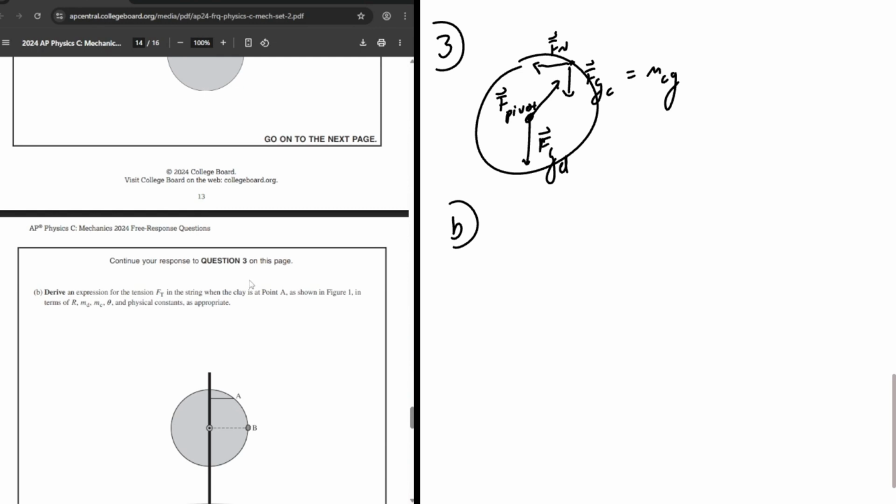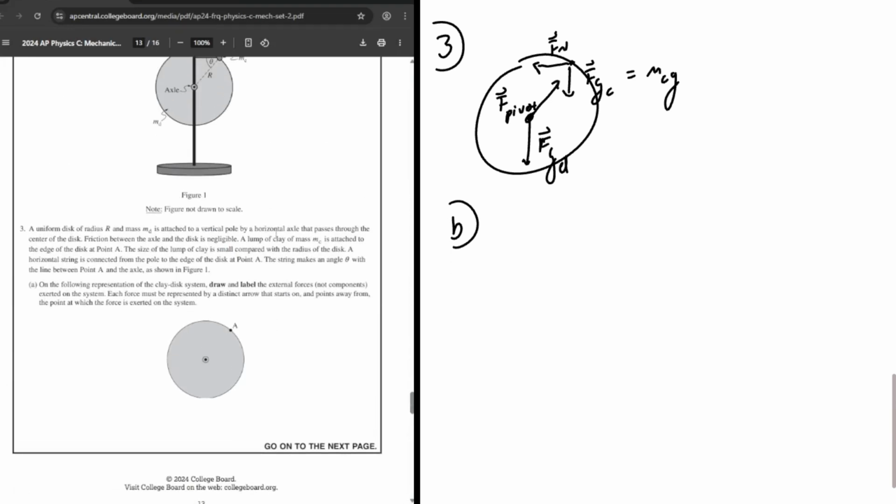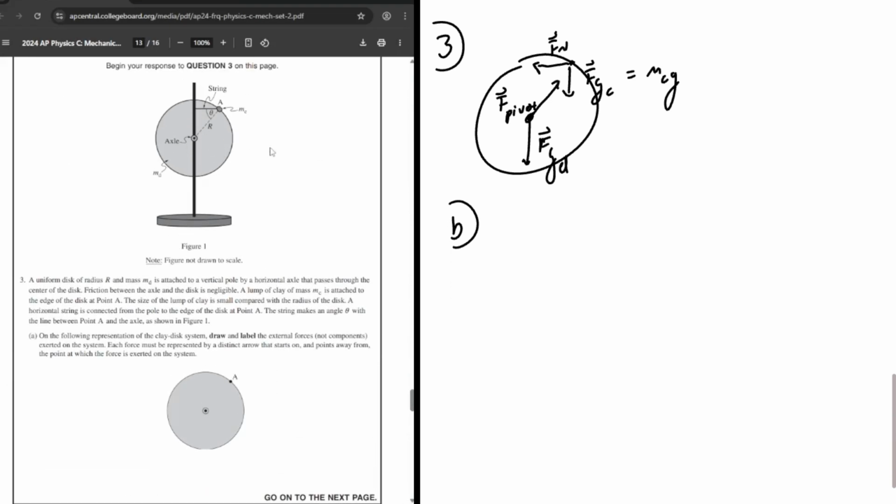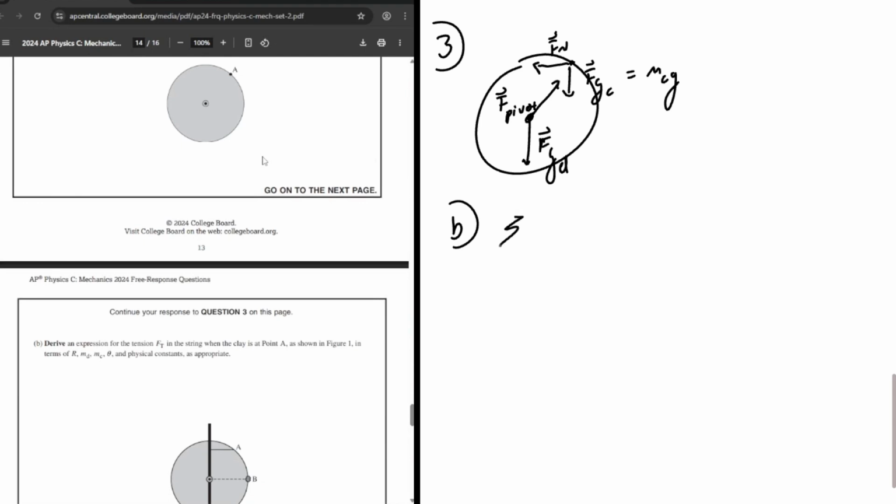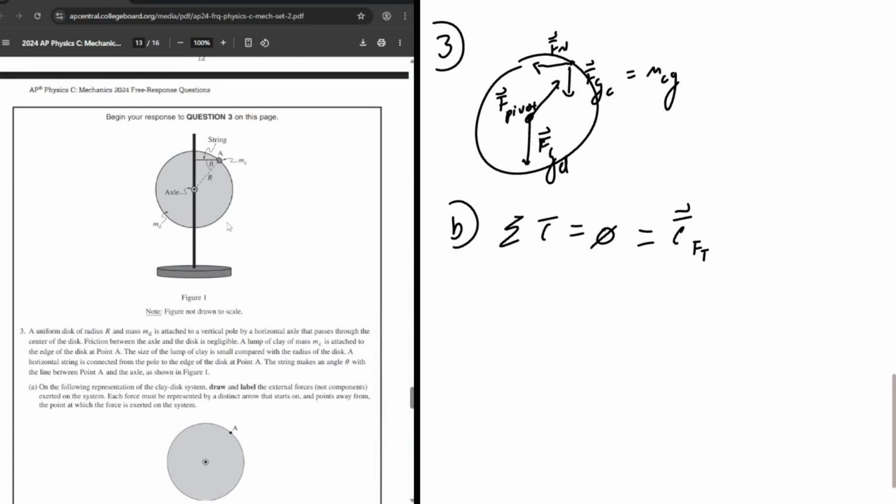Okay. So the way we're going to do this is we are going to sum our torques. We wouldn't sum forces, we're going to sum torques because the forces are being applied at a radius, right? So we know that our sum of torques has to equal 0. And let's list them out. We have the torque due to the force of tension. We're going to use our right hand rule, and it's radius cross force, tension. So the torque due to the force of tension is positive, which is counterclockwise, but the torque due to the gravity of the clay is going to pull down, making a clockwise torque, which would be negative,